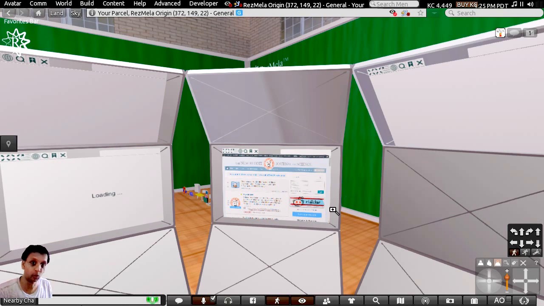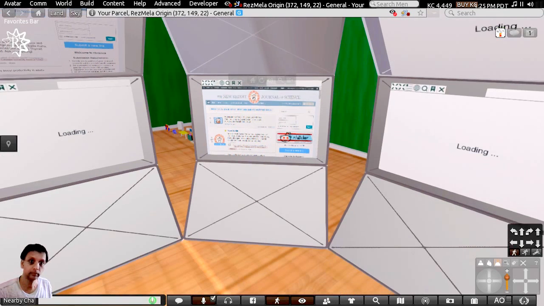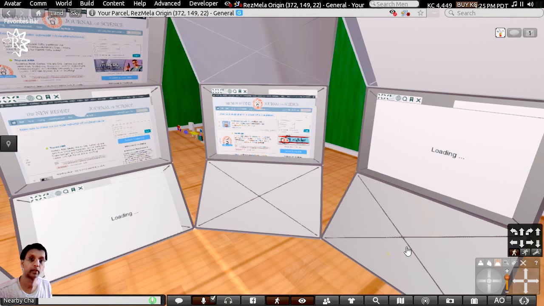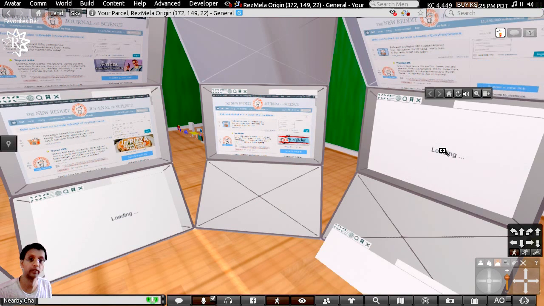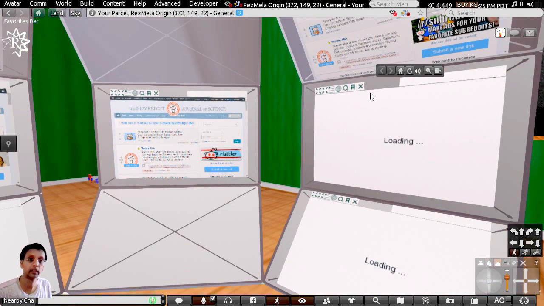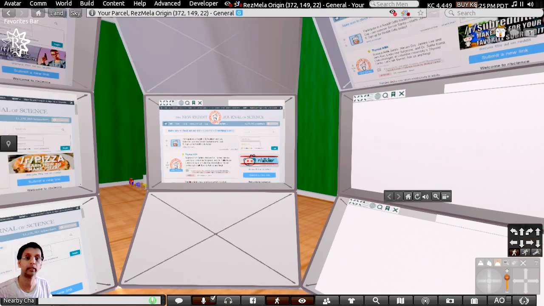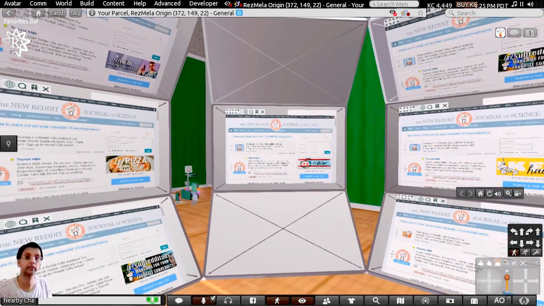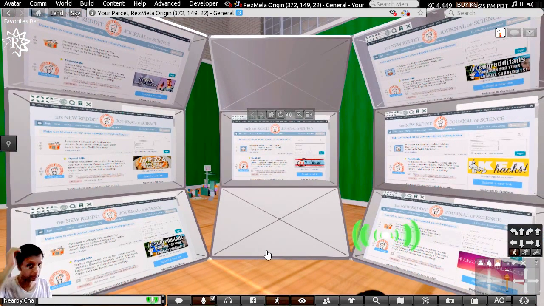If I have more than 8 of them, then there will be issues. You'll find that some of the displays will be stuck in the loading phase, and they won't actually render. So there are issues that need working on,